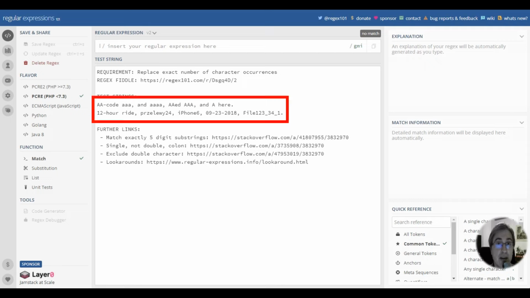Hello, in this video we are going to speak about how to match an exact occurrence of a character inside a string. As an example, let's match two consecutive A characters. Have a look, in this string we've got only two occurrences of double A's, at the beginning and in the